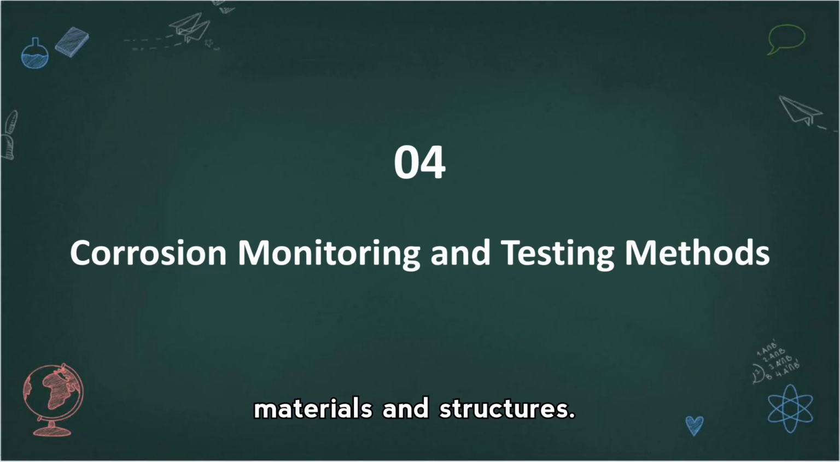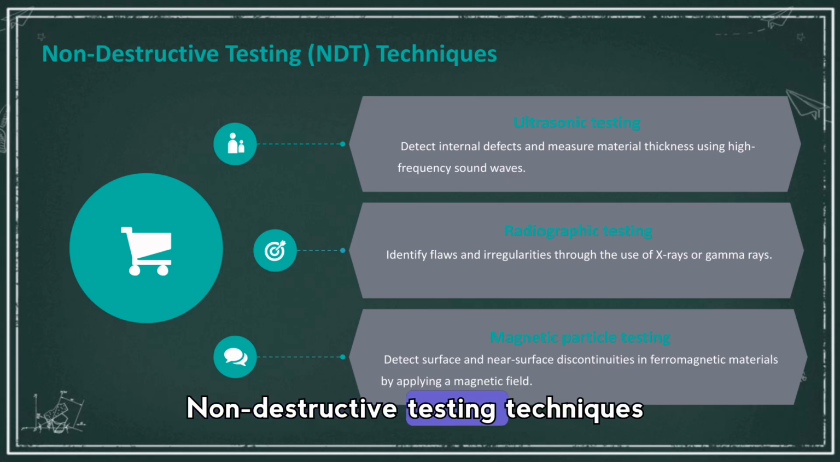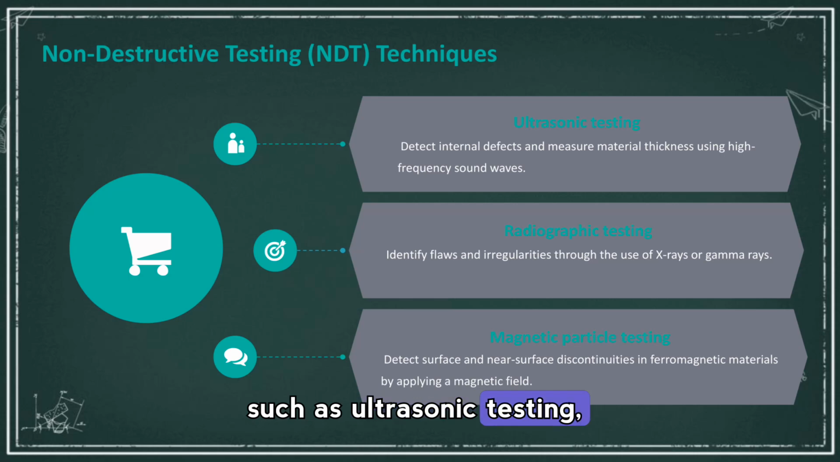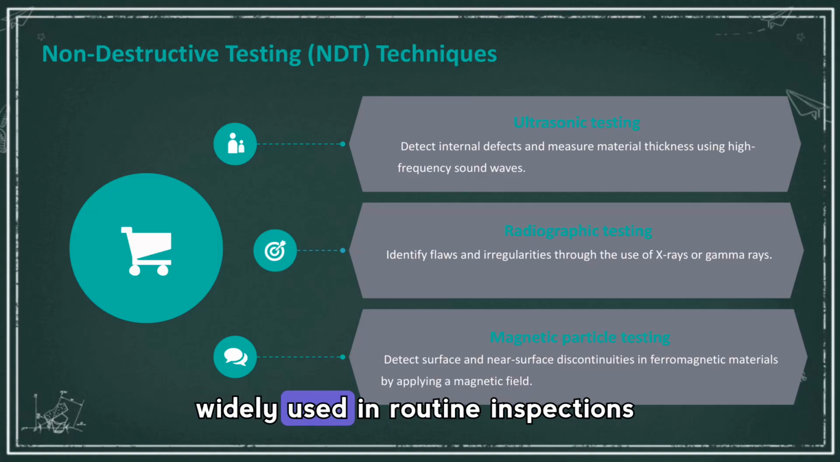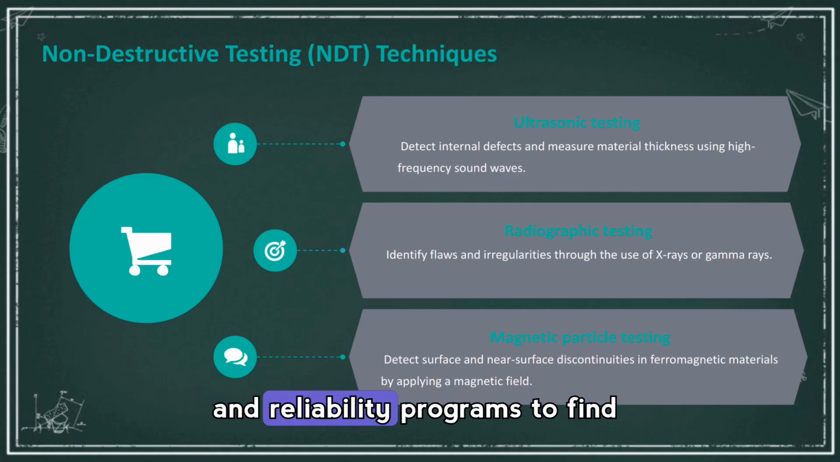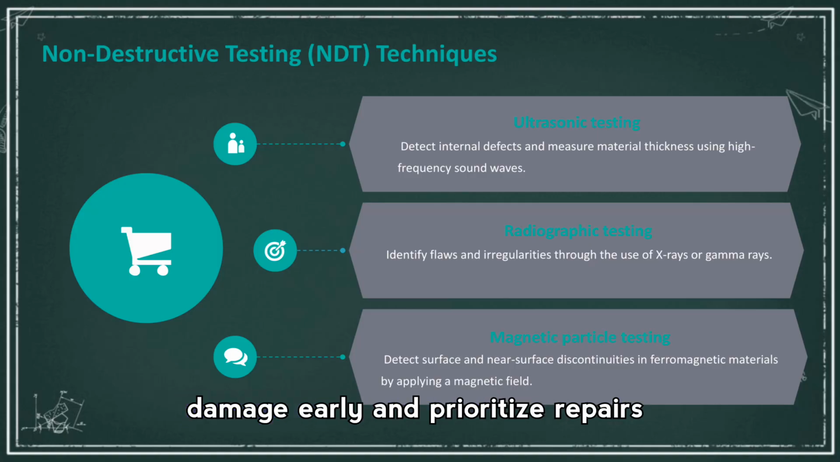for materials and structures. Non-destructive testing techniques such as ultrasonic testing, radiographic inspection, and magnetic particle testing let engineers detect internal flaws, measure remaining thickness, and reveal surface or near-surface discontinuities without harming the component. These methods are widely used in routine inspections and reliability programs to find damage early and prioritize repairs based on